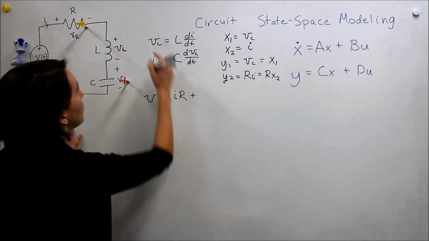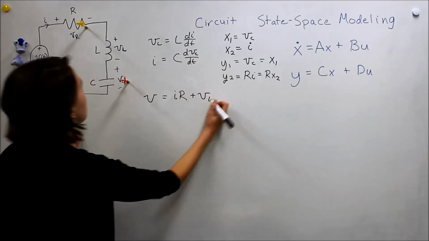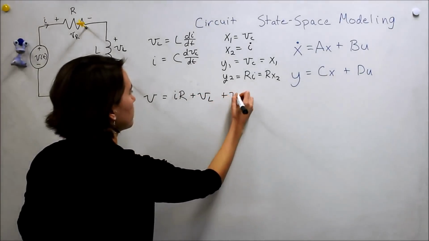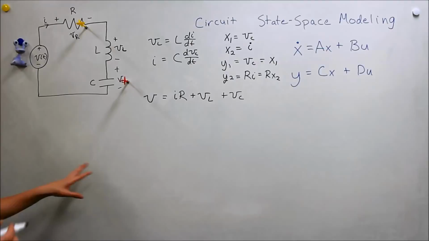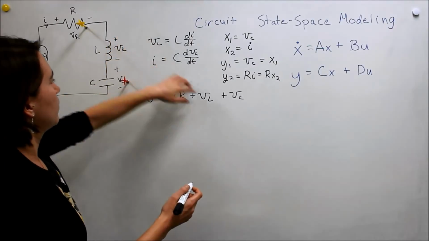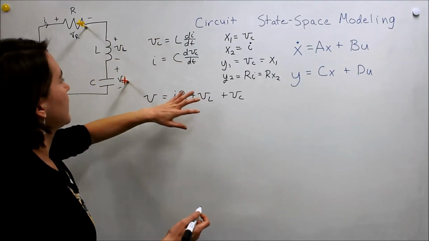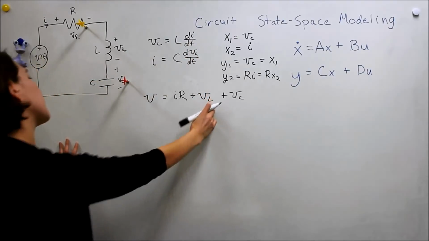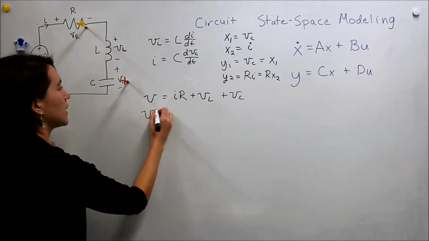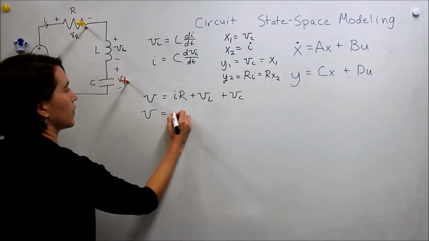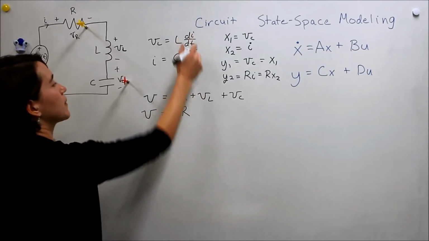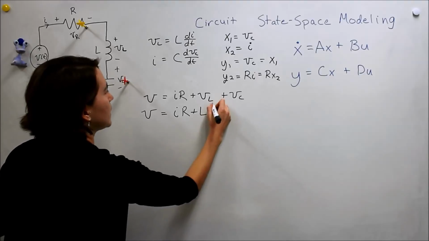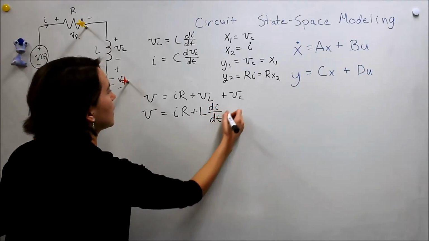Plus VL, and then plus VC. Okay, so if we put these together, we can actually get rid of our VL. So let's substitute this into here. So we'll get V equals IR, substitute this in, plus L di dt,